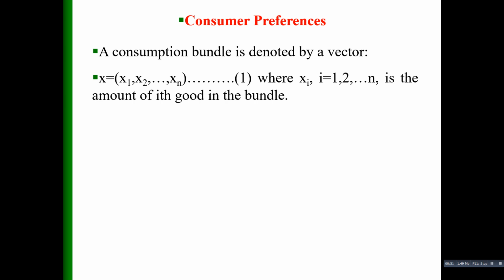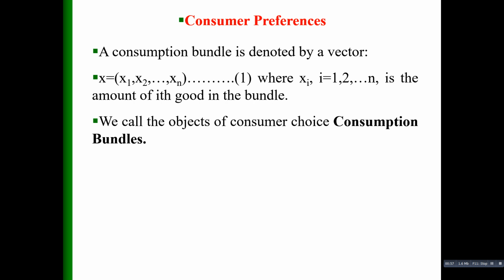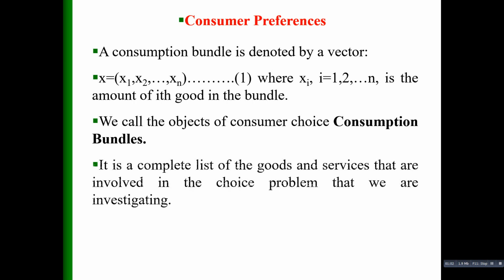This is the amount of the ith good in the bundle. We can call the objects of the consumer choice consumption bundles. It is a complete list of the goods and services that are involved in the choice problem that we are